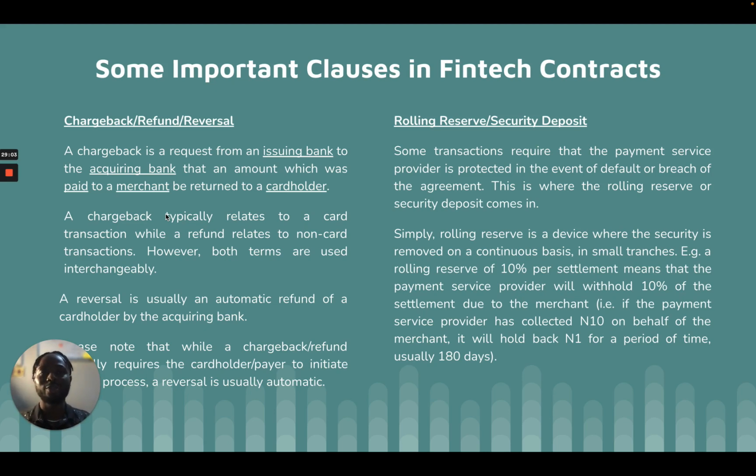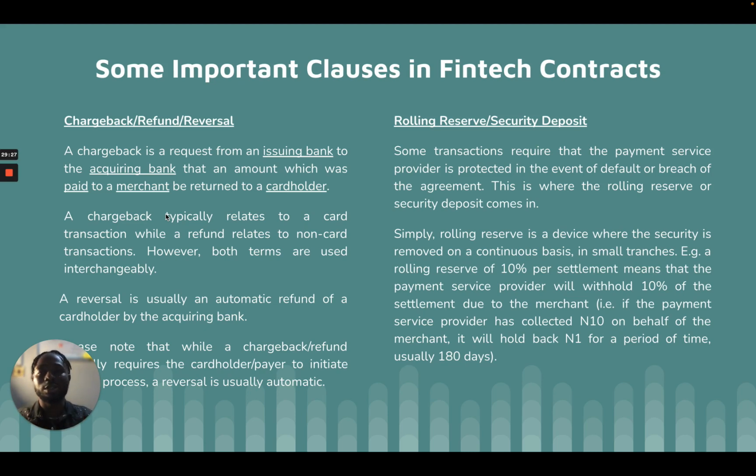Dispute here, of course, is different from legal dispute, as in going to court, arbitration, and all of that. Even though on that chargeback as well, you have the pre-arbitration, you have the arbitration as well. But that is not the normal arbitration that we know where we think as lawyers. Dispute here is transaction dispute, and we're saying that you have made payments for something, you've been debited, but